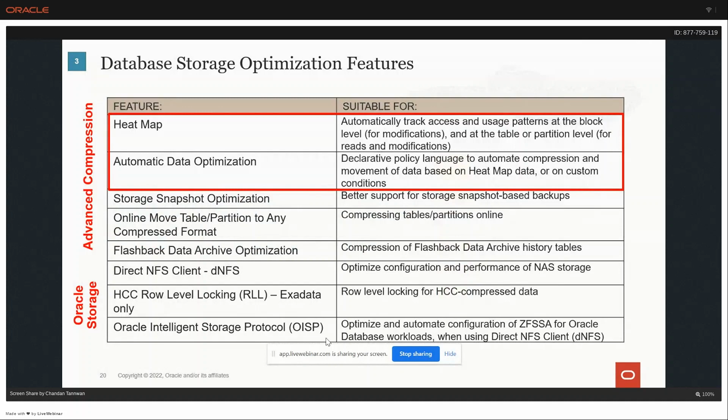ADO, Automatic Data Optimization, will help you define policies at the row level, the table level, and the partition level. They are evaluated and executed automatically in the background during your maintenance window, which is defined by your DBA or is the default maintenance window. The DBA can also execute it manually rather than automatically in the maintenance window. Anytime you can define those policies,